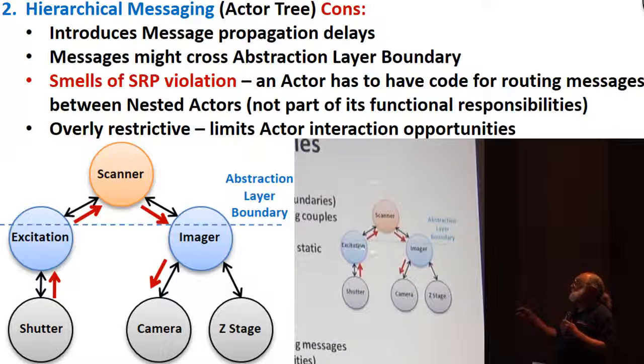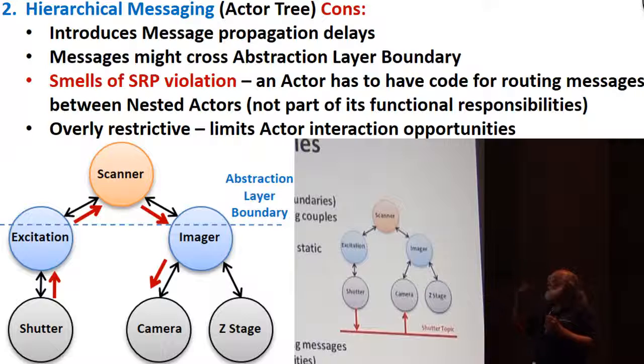And so if you include message forwarding code into an actor that knows nothing about another actor, for me this is a smell of single responsibility principle violation. It needs to do its function, and it also needs to forward messages. That's a smell you need to think about. It's not necessarily bad, but you need to decide whether it is important for you to get rid of the smell or not. And again, in my opinion, and probably Alan's, as he said, this is too restrictive, and you need to be able to get around it in cases that are justified.